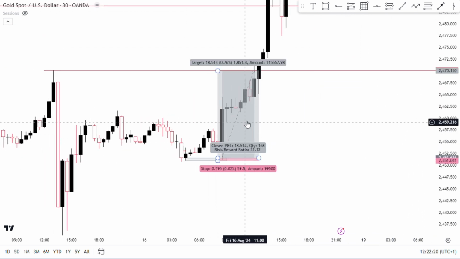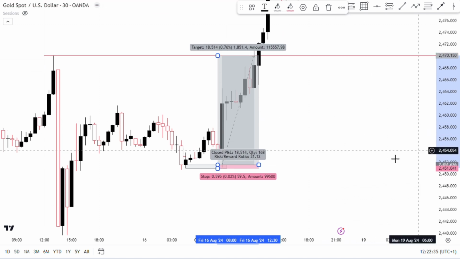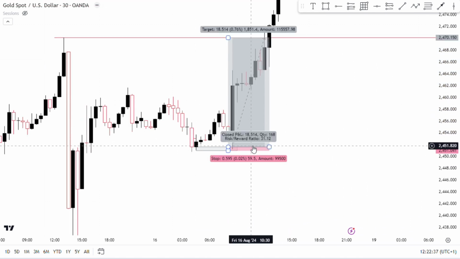I know you're looking at this trade right here. This is one of the funny trades I took last week. It was on Friday. You can see this risk reward ratio is 1:31, but actually it's 1:24 after I added our spread to it. So one of the things you have to note if you're trading my strategy is